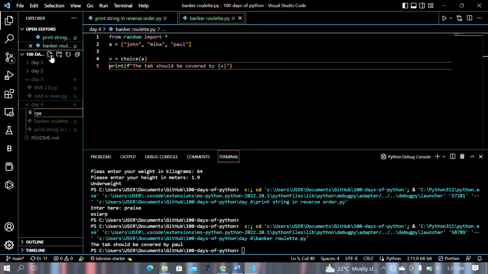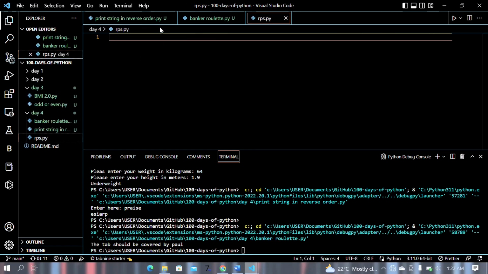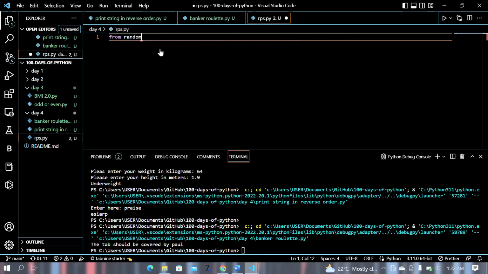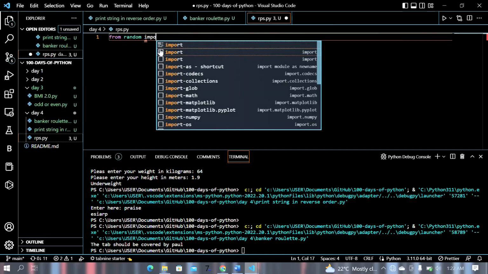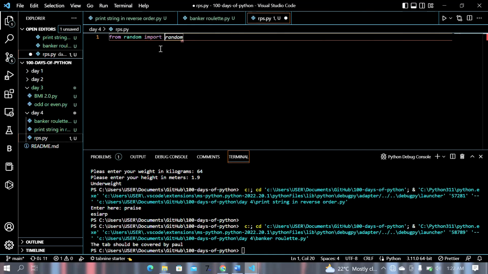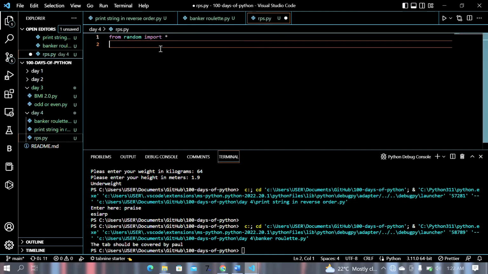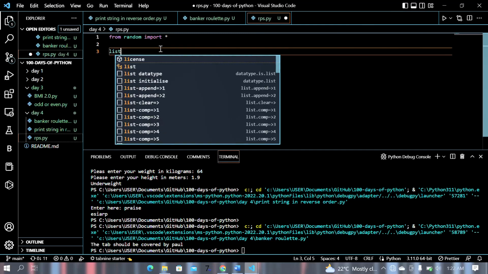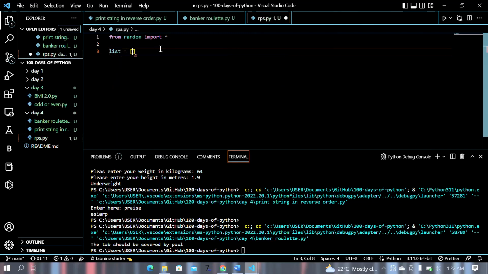So, rock, paper, scissors dot py. The first thing we're going to do is, from random, import everything. Now we're going to have a list, and let's just call it list. This list is going to hold all the possible plays the user can have. So it can be rock,